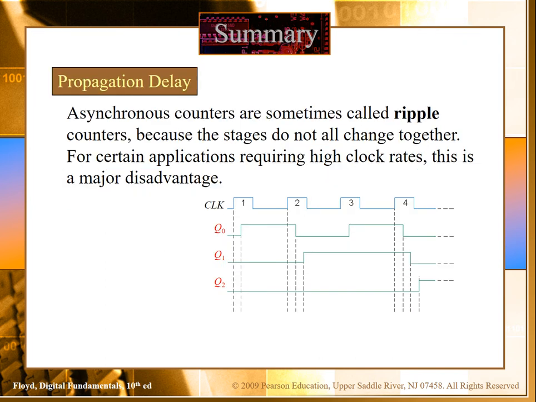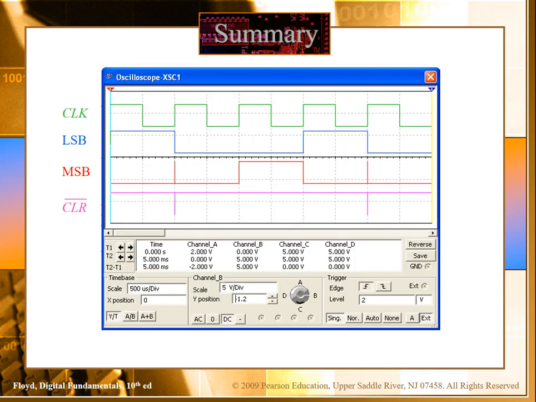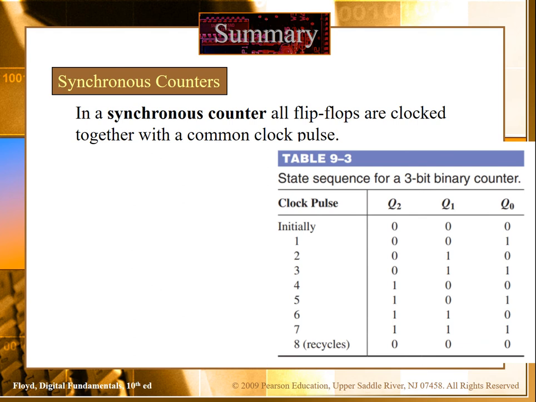So in a synchronous counter, what is actually happening? All the flip-flops will be operating at the same time with the same clock. For example, if you have 3 flip-flops, flip-flop 1, flip-flop 2, flip-flop 3, you have 1 clock signal. All the flip-flops will be operating with the same clock, synchronized with the clock input. Now let's learn how we can actually make the synchronous counters.